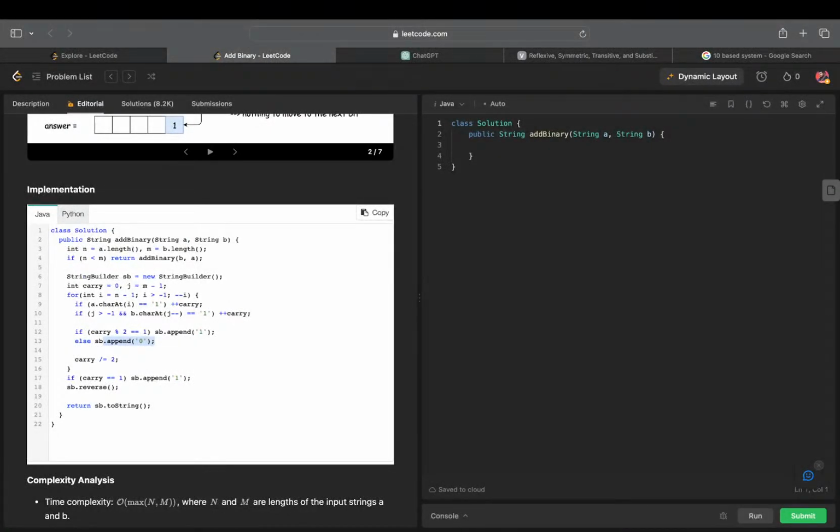It will be a char plus carry if carry modulus, okay,